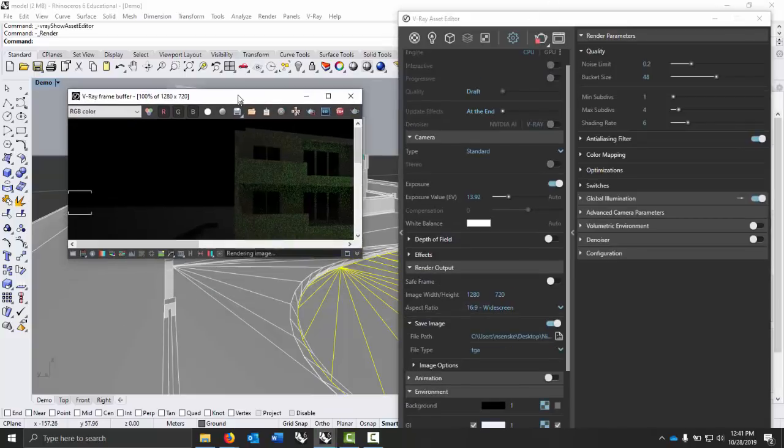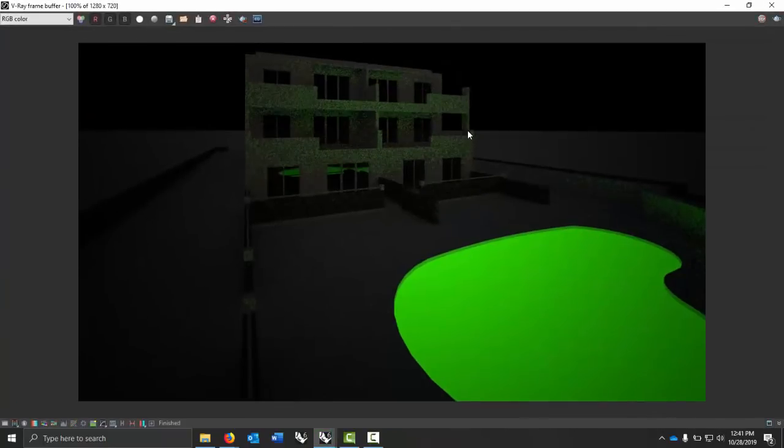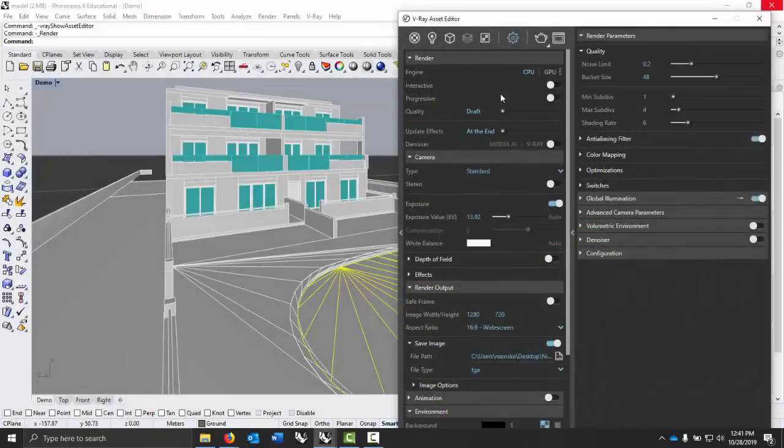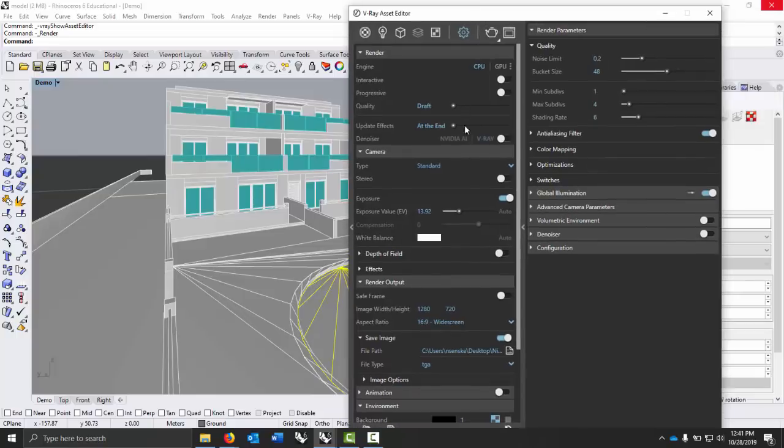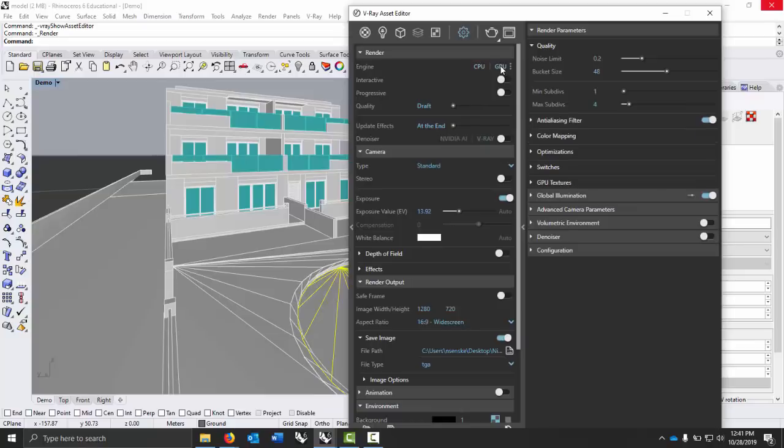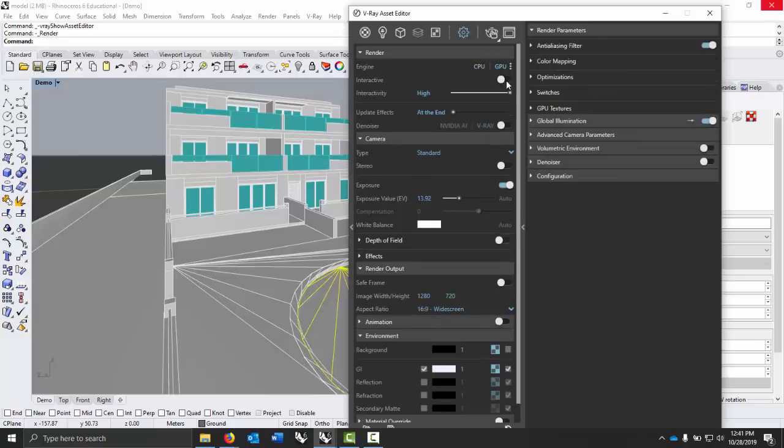Hang on a second. So yeah, but the trick is that let me zoom out a little bit. You can see how blotchy this all is. Let me see here. I don't think I actually rendered it though. Did I? Draft. Oh, I'm in draft setting. Okay. I'll do something actually here. If I go to interactive rendering,